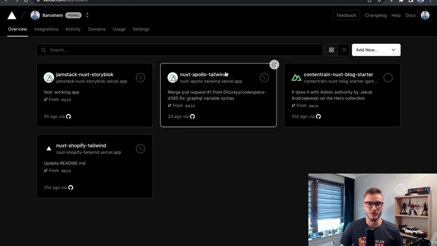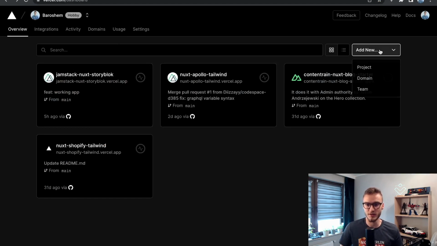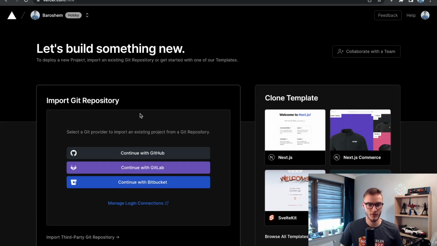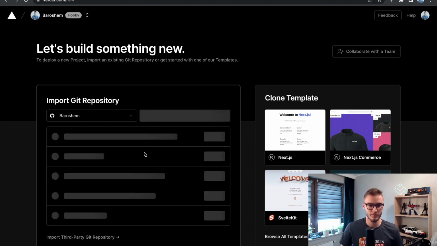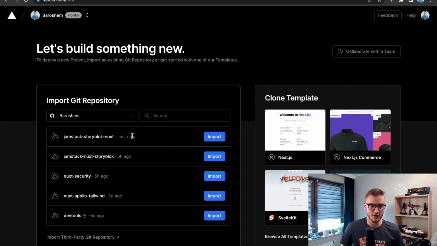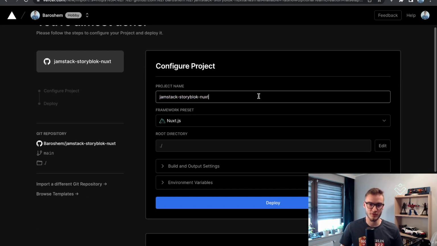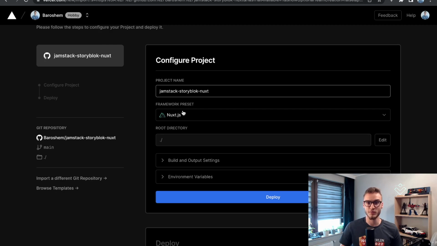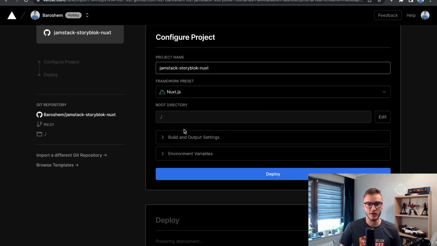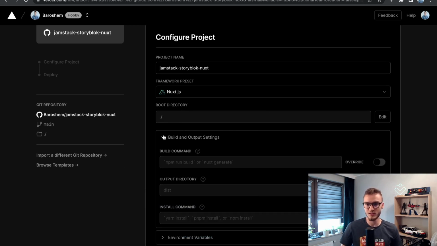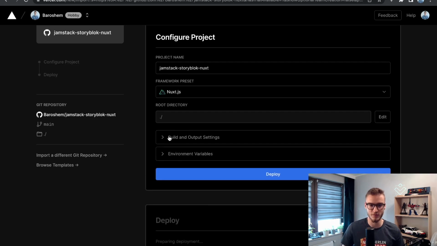What we can do right now is just to go to the Vercel dashboard and add a new project. I will use GitHub and I will choose this project that I just pushed here. Let's import it. In here, I'm just using the default name that is the same name as my GitHub repository. Vercel already created a preset for me for Nuxt.js, so based on the project I'm using, Vercel already managed to figure it out and just add some default configuration on their side. In here, I can also add some build and output settings, but for me, it's not necessary for this